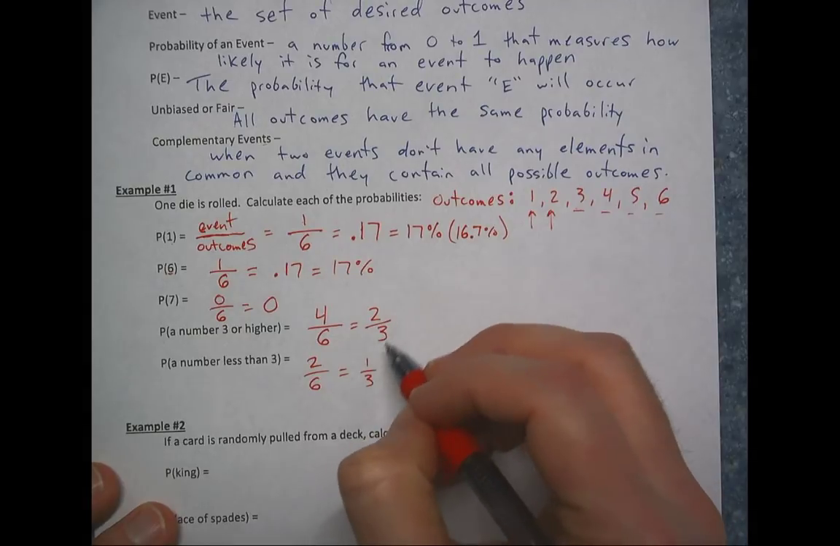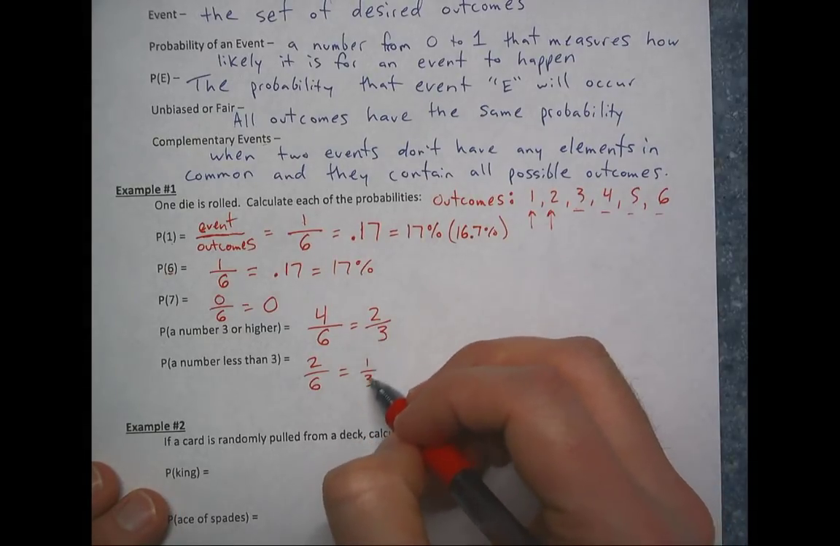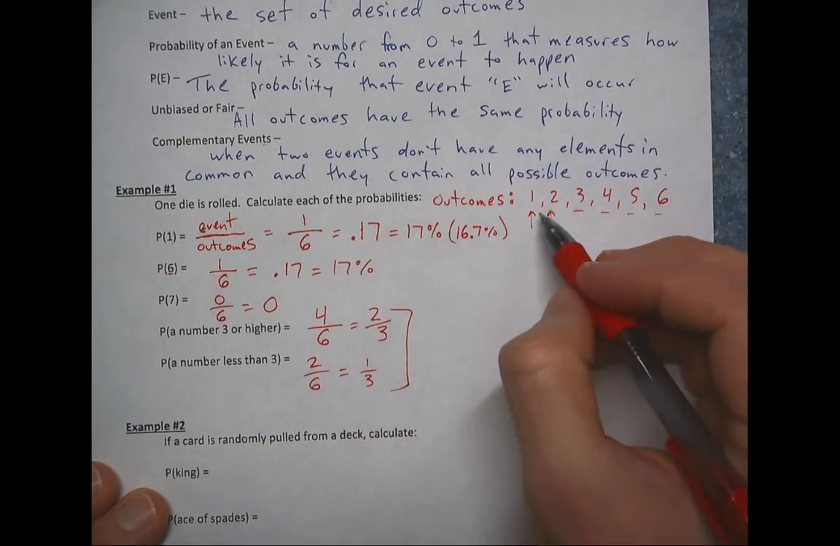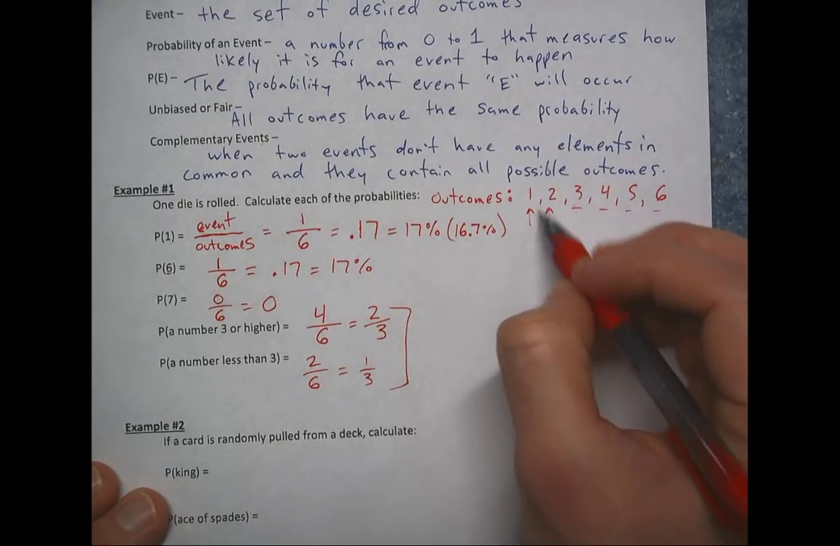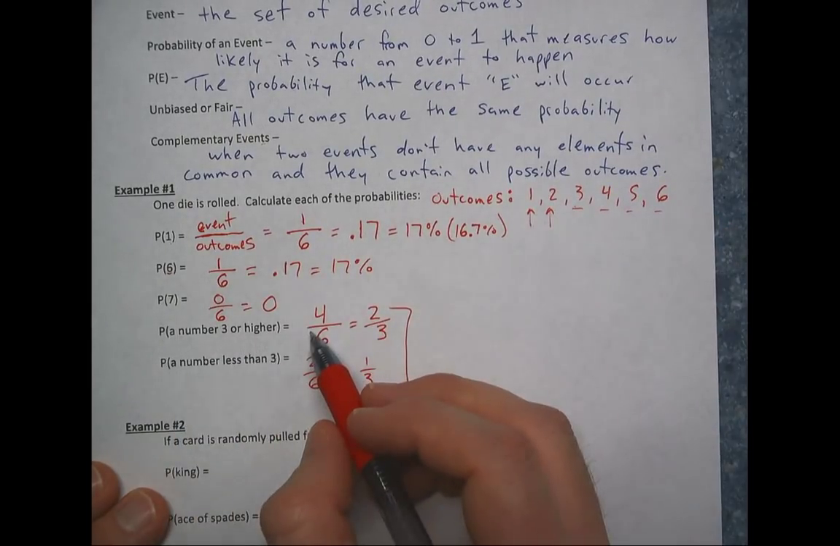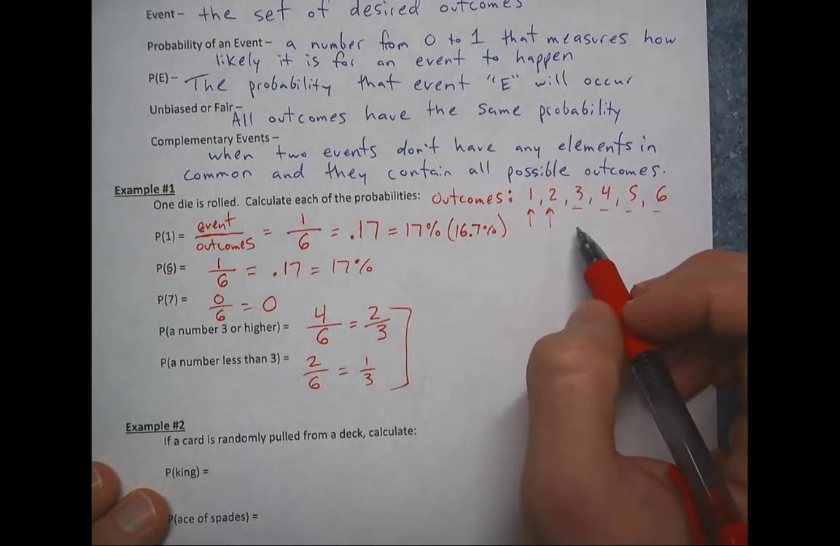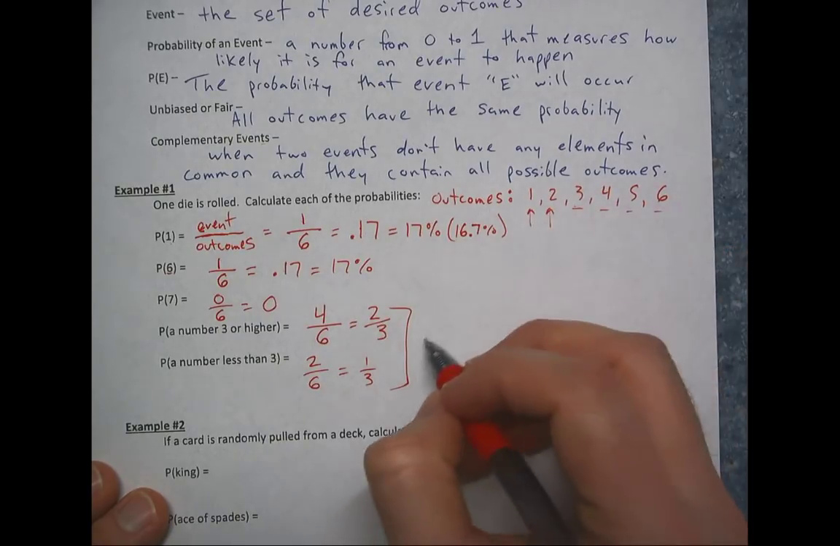And if you look at these two fractions, these are going to add up to one whole because they represent all the possible outcomes, and there's no overlap here. Okay, the probability of a number less than 3 is these two numbers. The probability of a number 3 or higher is these four numbers, and neither one of these share any of their events. Okay, so these are called